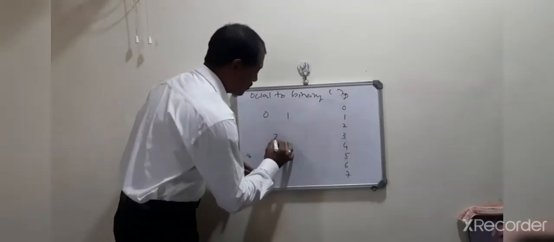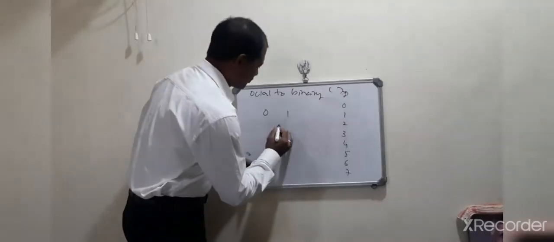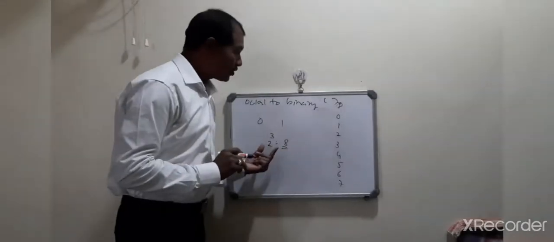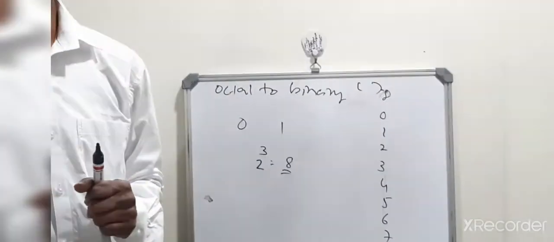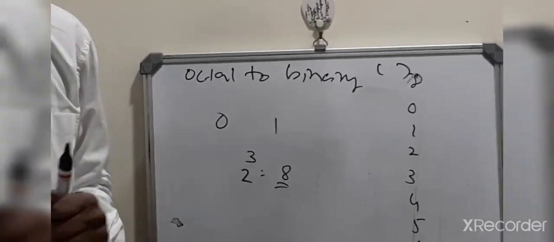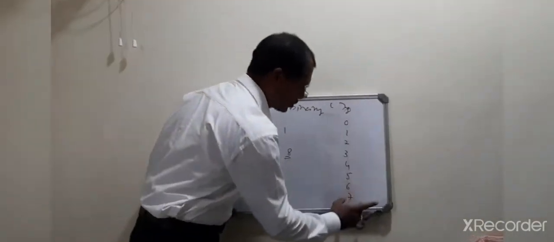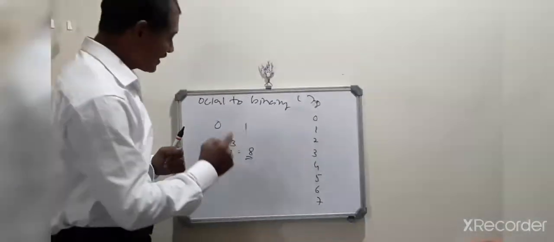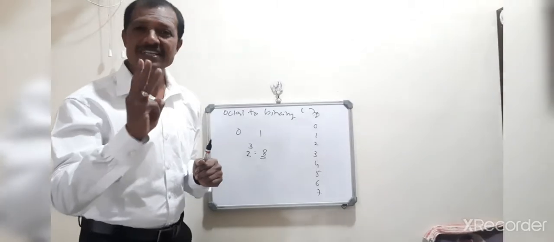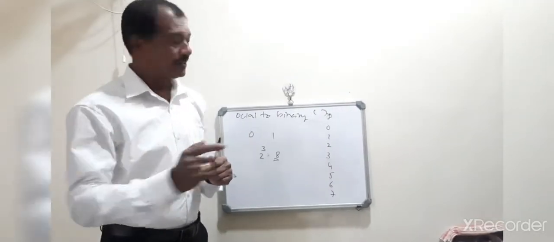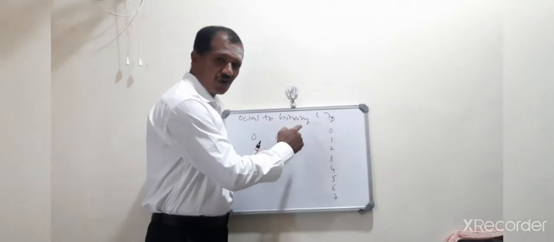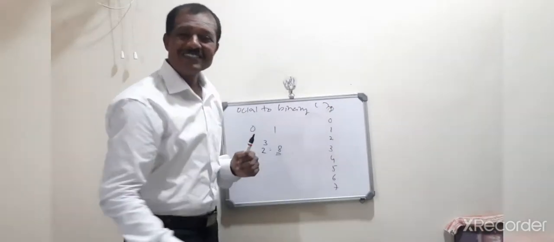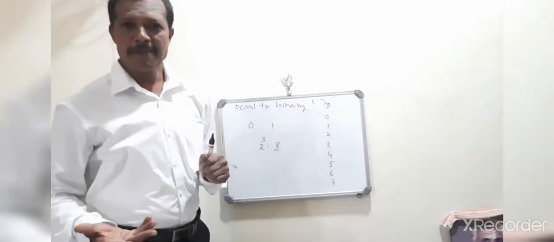So how many bits are there? 2 bits are there. So a group of 3 bits means 2 to the power of 3, which is 8. If you make a group of 3 bits, you get 8 combinations. Those 8 combinations can be used for 0 to 7. In 0 to 7, how many numbers are there? 8 numbers. Because of that reason, I have taken the group of 3 bits. So you know binary addition. I am discussing this today because without binary addition, it is not possible to know how to write the binary numbers for different combinations.